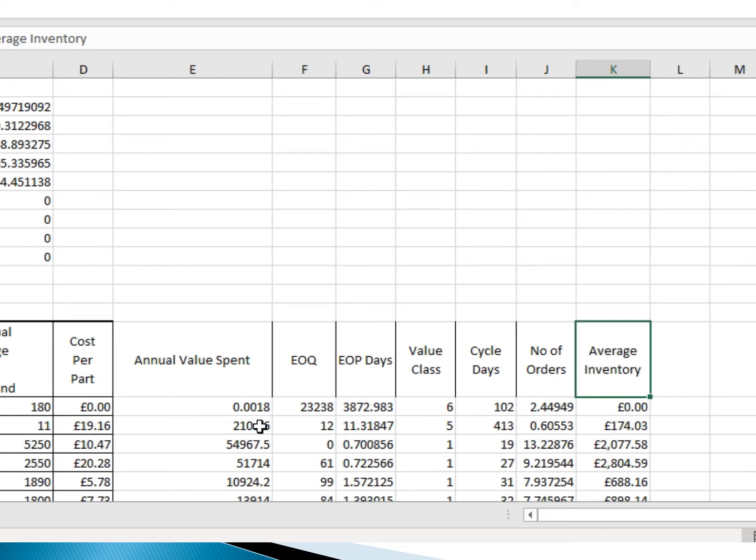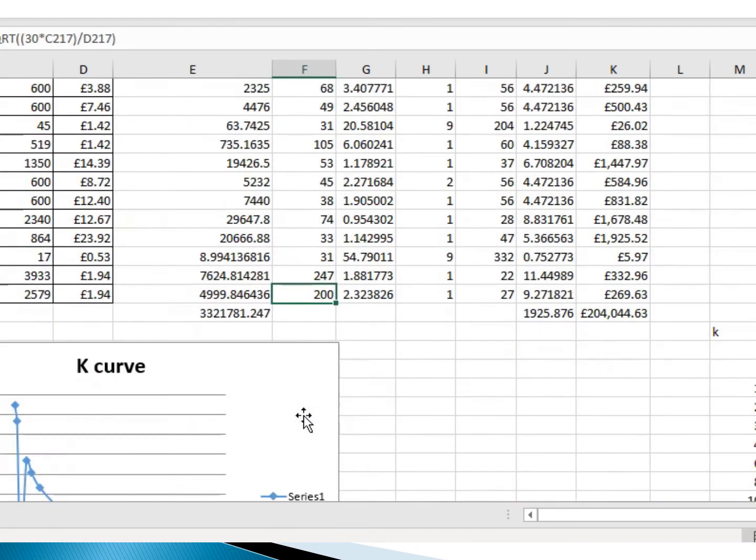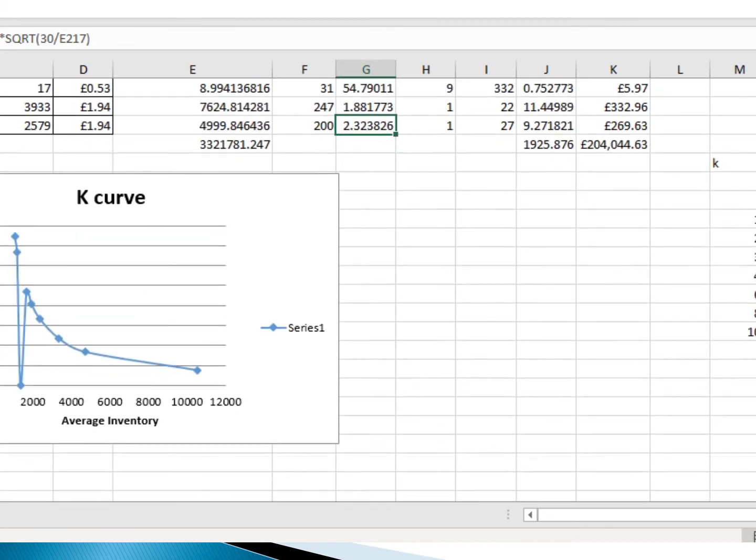To get the annual value spent, we put this formula, and this one for the EOQ for the 200 parts. We put this formula for the EOQ days, and now we check how we get the K curve.